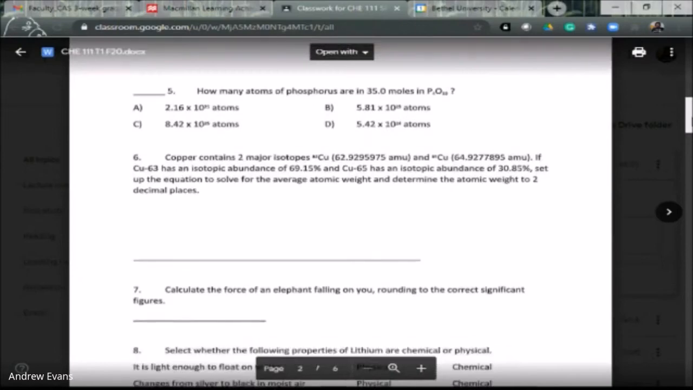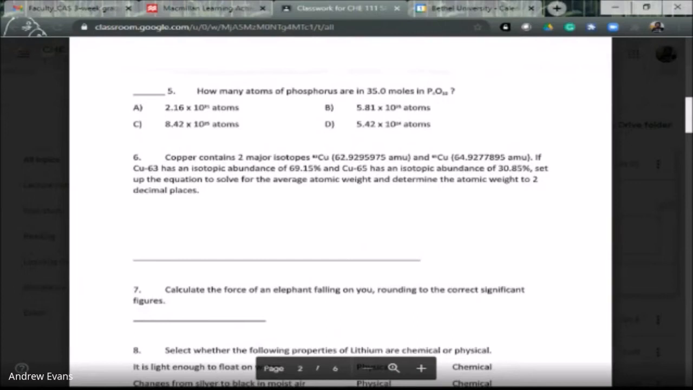Number 5. How many atoms of phosphorus are in the structure of 35.0 moles of P4O10? So don't mistake this one. This one is actually